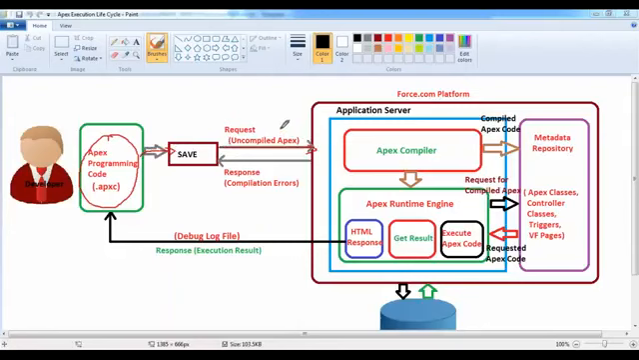Compiling means what? Whatever code I have written may have syntactical mistakes, so we need to verify that. Who will verify that? For that, there is a specific component that will take care of it. For example, assume that